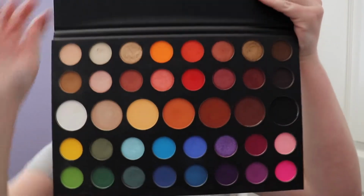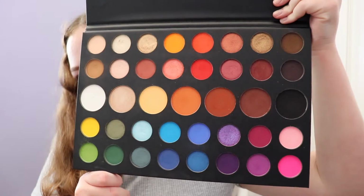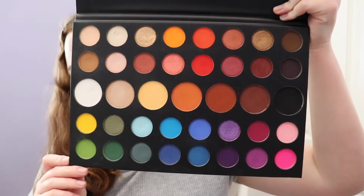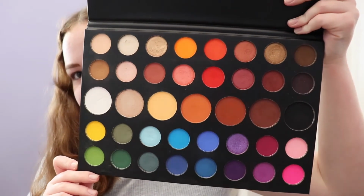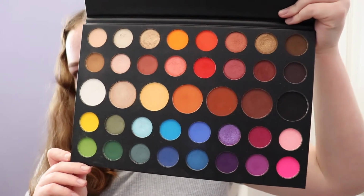In this video, I'm going to be doing the makeup bingo challenge and I'm going to be using the Morphe x James Charles palette with all of these colors. The way that this challenge works is I use a number generator to choose 5 shades from this palette and I use those colors to create a look. I might allow myself to use an extra shade as a transition or highlight, but we will see what colors